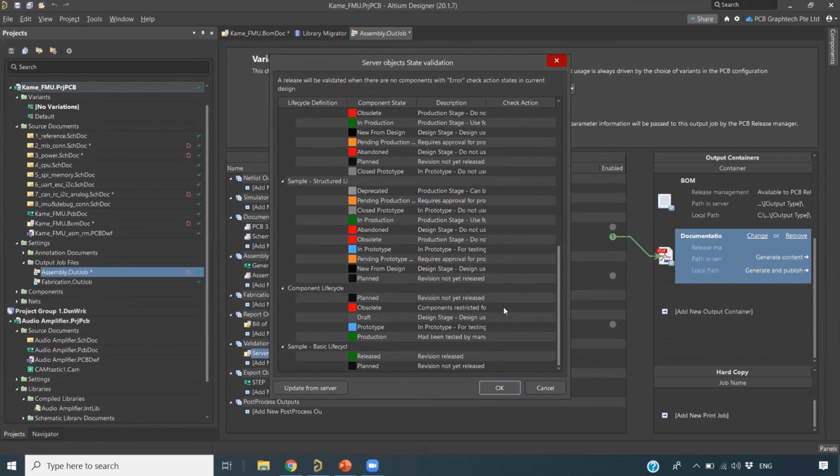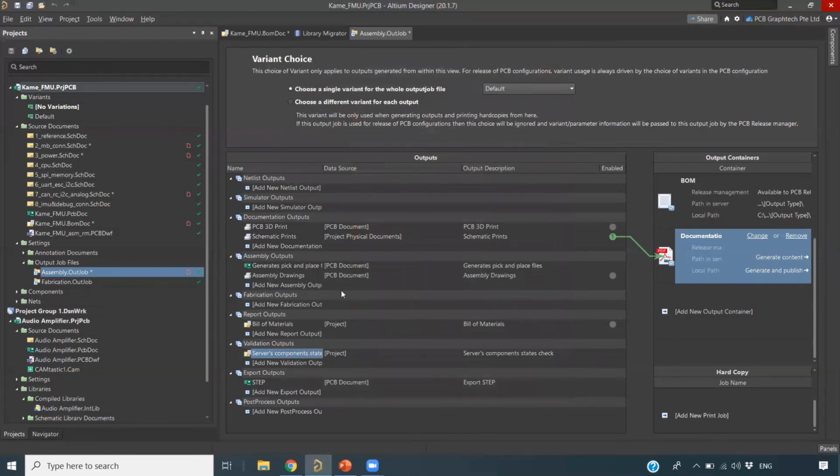So now before releasing the component to the manufacturer, I want to show it as error if the component is obsolete. If you want to change that, you can change here. Go to warning or error, you can choose this. Same thing I can do for draft, all this. Okay, you can change here again. So it means before releasing, it will tell you that your component is under this state, so you can take precautions. Okay, all this you can do here. Okay, so this is about your out job.